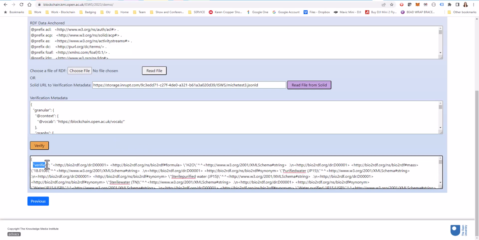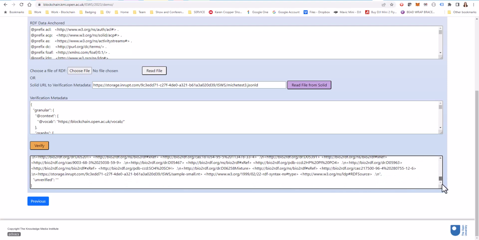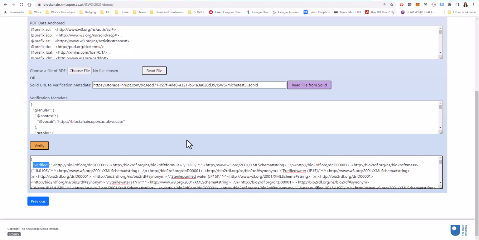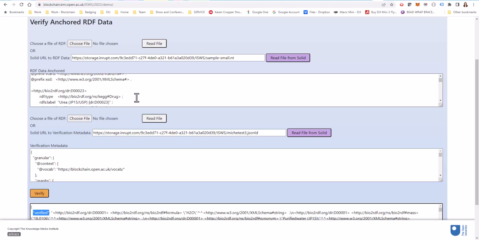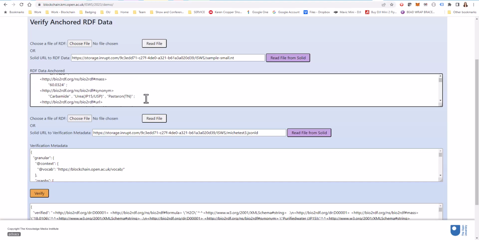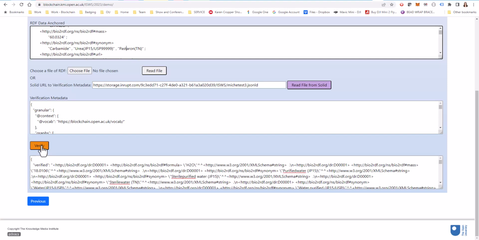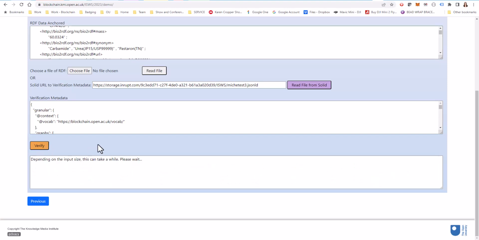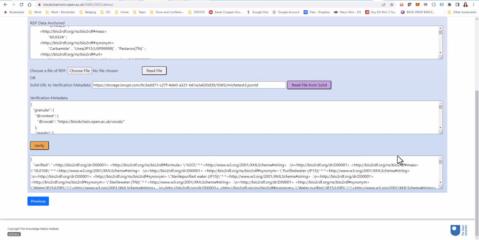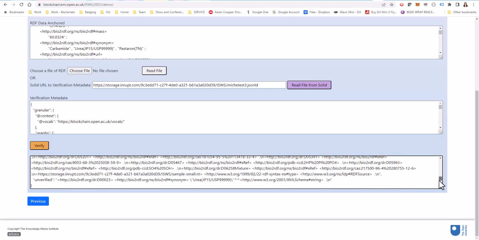So you'll get returned a JSON object with 2 things, verified and unverified triples. Now in this case, it verified them all. It said they were all as they were when it was anchored. Now if I choose to go and make a change somewhere, so let's change this to 99999, for example, right? So I've just made a change to one of the triples, and now I'm going to re-verify. It's going to go off. Okay, so it's sent back the verified ones, but you now have one unverified triple, and that's the one I modified because that is not as it was when it was stored on the